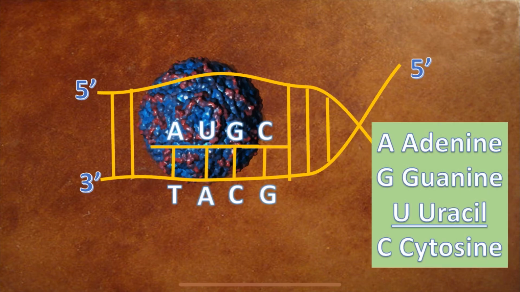The attachment is like this. The adenine base of the new RNA will attach to the thymine. The uracil of the new RNA nucleotide will attach to adenine, as RNA contains uracil as its base in place of thymine of DNA. So there is one little difference between DNA and RNA: DNA contains thymine in its bases while RNA contains uracil in place of T. G will bond with C, that is cytosine, and C with G, that is guanine.